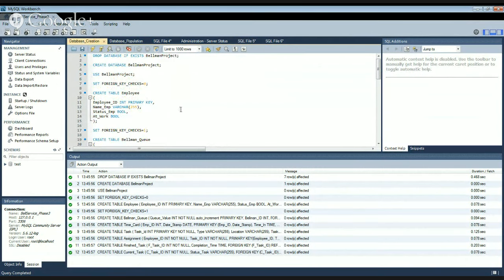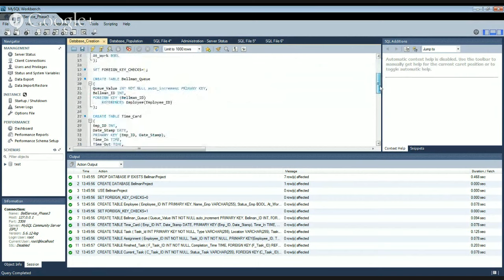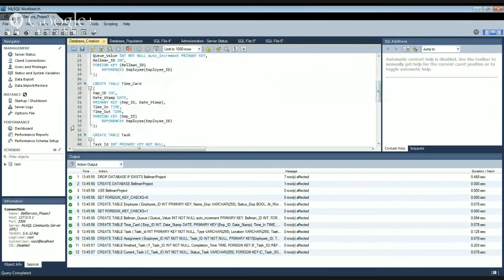We go back to the creation of our database. We get a time card. You see that the primary,